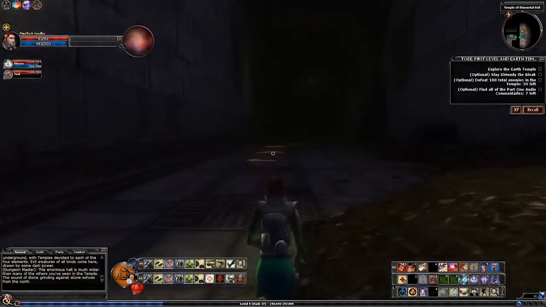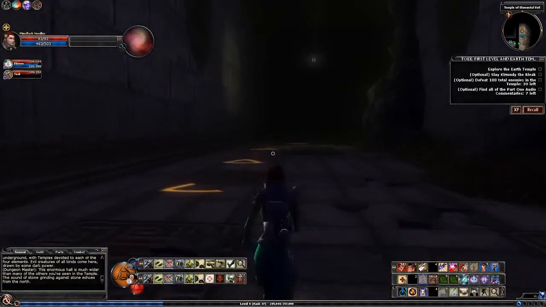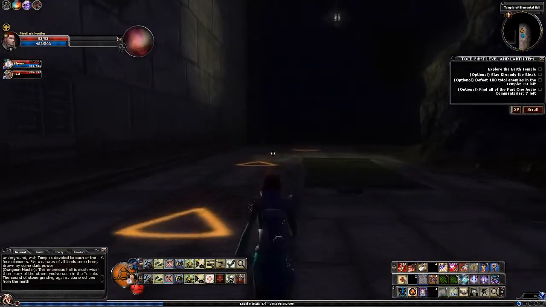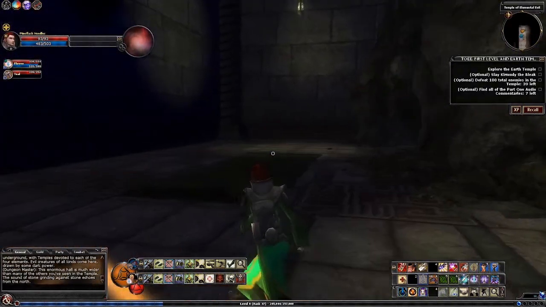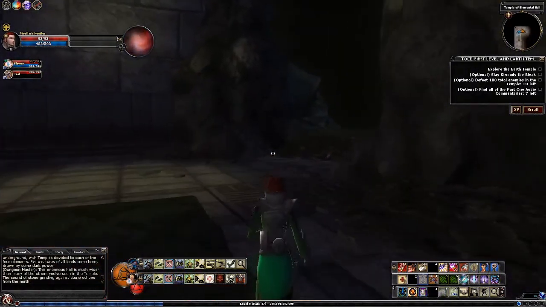Now let's see what we could find here. Now, there are 4 elementals in here, if I recall correctly. In fact, I'm pretty sure the game is going to be telling me that...